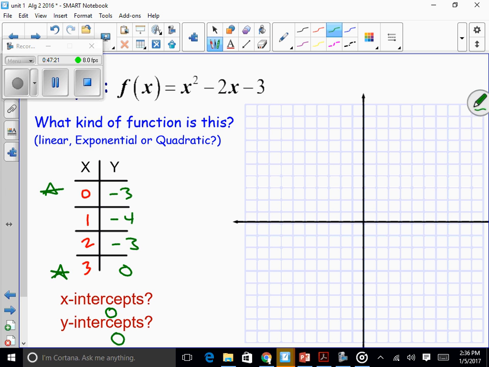When they ask you to find the Y intercept, which is the most famous one of them all, what it's saying is, hey, find the number for Y when X happens to be a 0, when the other guy is a 0. They tell you which one they're looking for. Give me the Y intercept. Give me the number for Y. The number for Y is a -3. Oh, I'm sorry, I put that on the X intercept line, sorry. So when they ask you for the Y intercept, it is going to be -3,